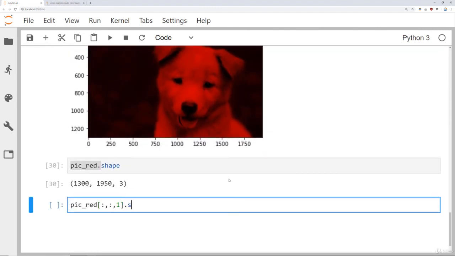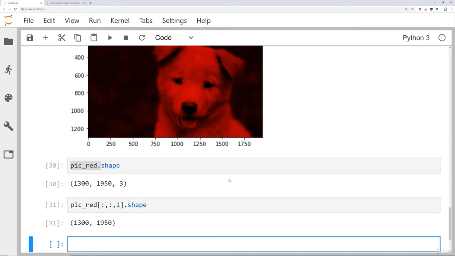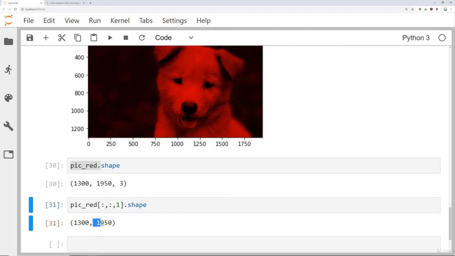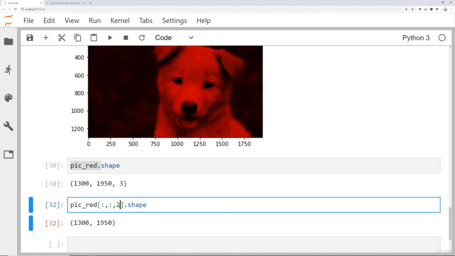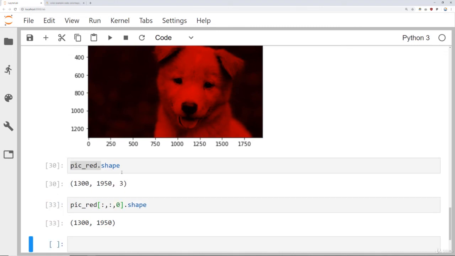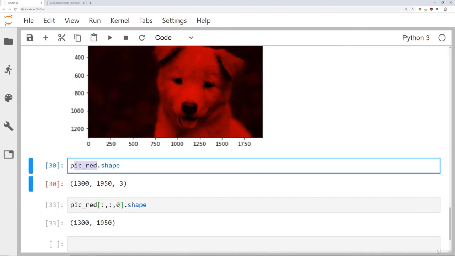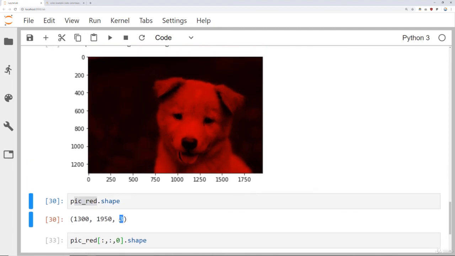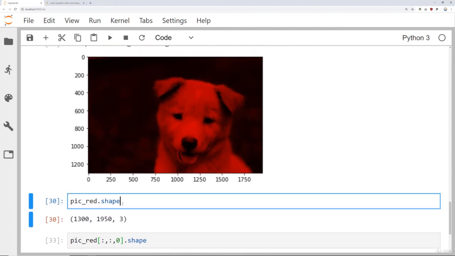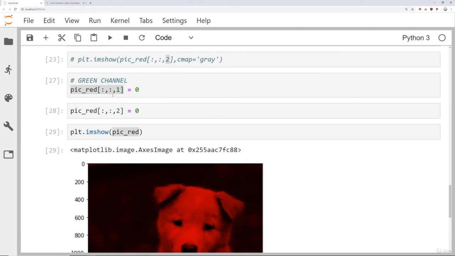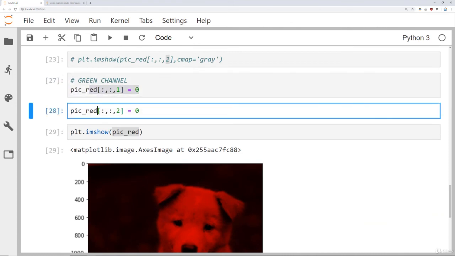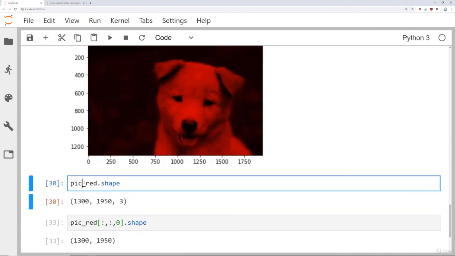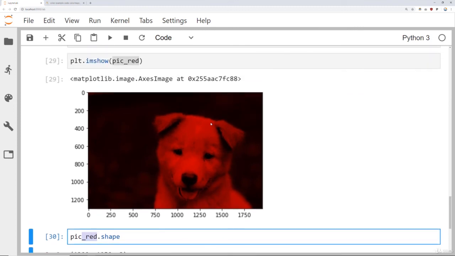If I were to take the shape of this one, it's just 1300 by 1950, so this is just one single channel. And if I do the same for the other ones, you'll notice the shape doesn't change. When I say pick red without any indexing, it still has information for all 3 channels, except cleverly, we went ahead and zeroed out the green channel as well as the blue channel, which is why this picture only shows up with the red. Okay, so I know that was a bit complicated because of the NumPy indexing involved, but